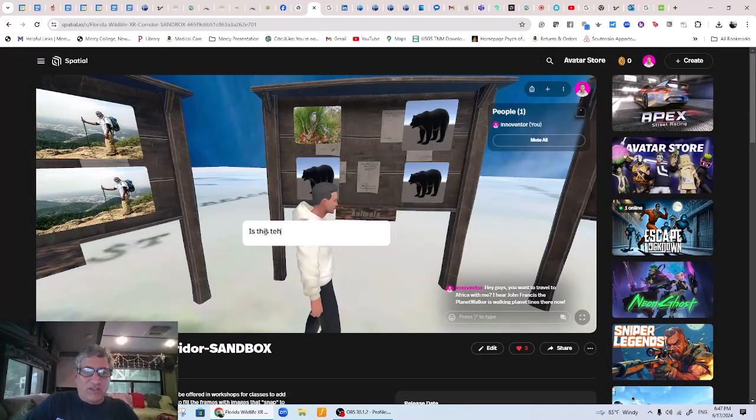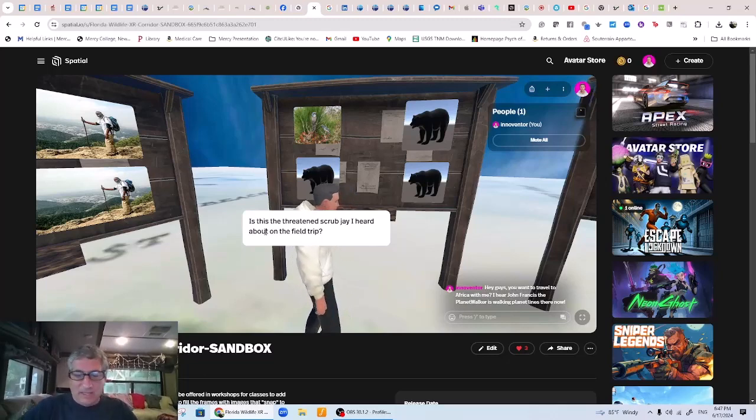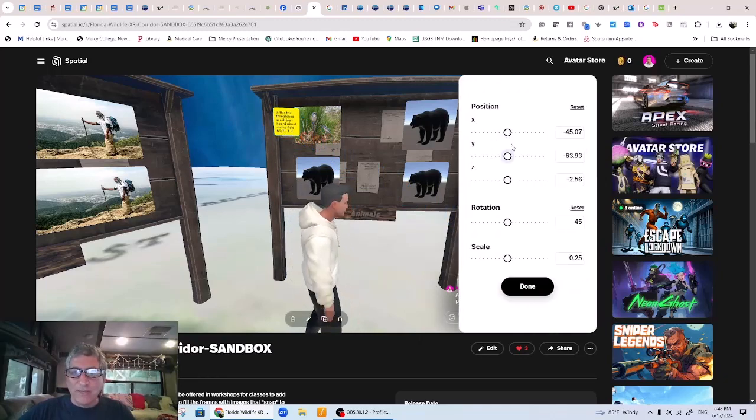Now when you hit edit, you will be able to move it back and in X and Y until you get a proper placement, and then lock it. Boom. All right, so nobody can move it. And that way you can annotate all of this, and then you can also do the same for landscapes. And that's what we suggest, is that you put a note for each of the images that you put up,